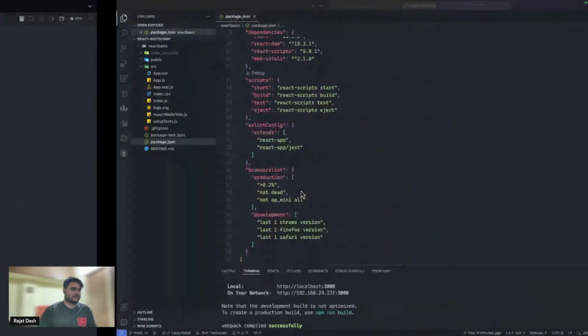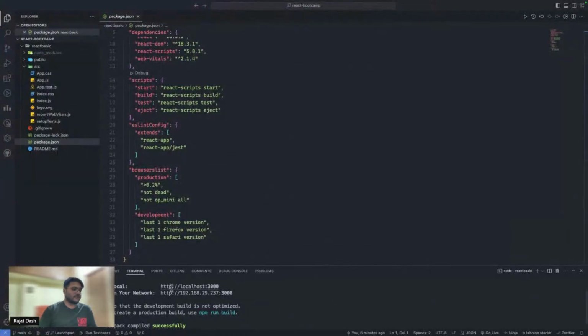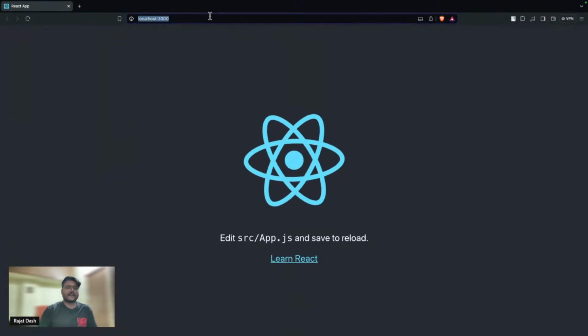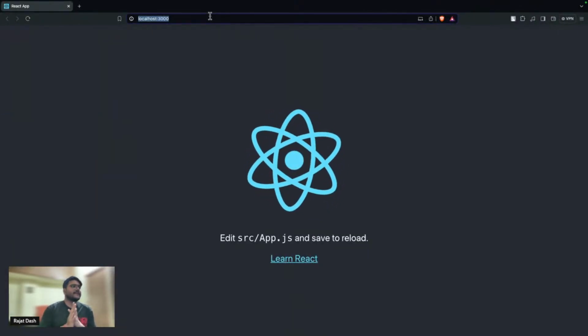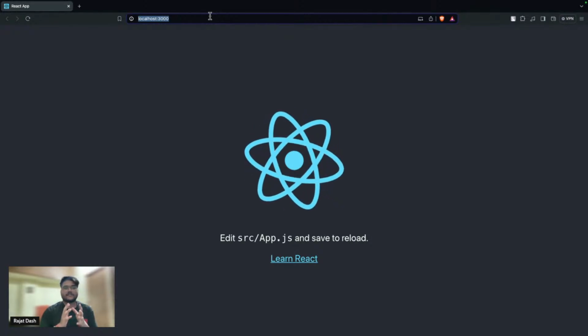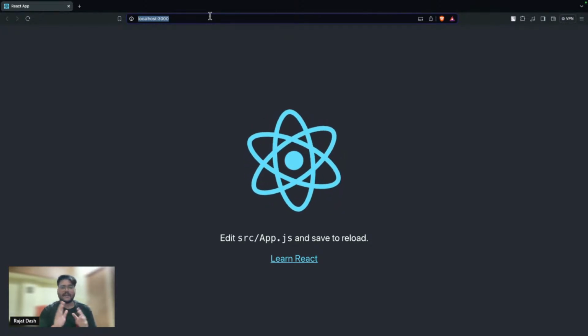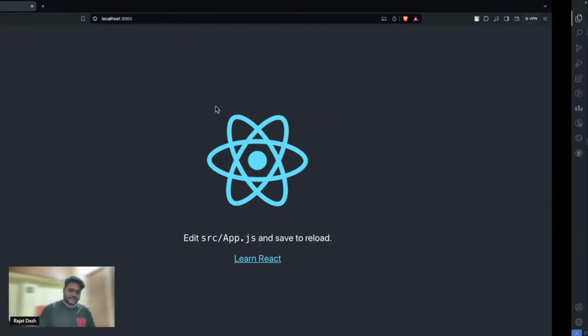Right? If I show you, this is running on localhost 3000. And see localhost 3000. So we have made our first React application, installed, or you can say created and started. I know we have not changed anything here.